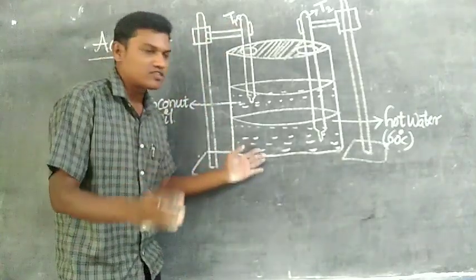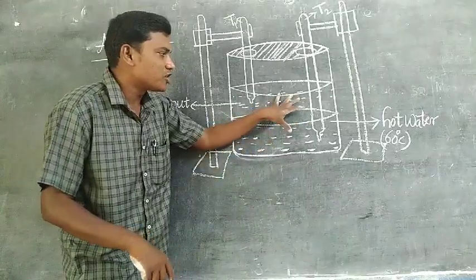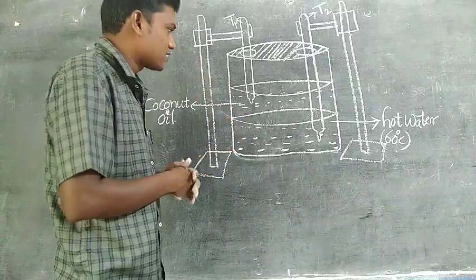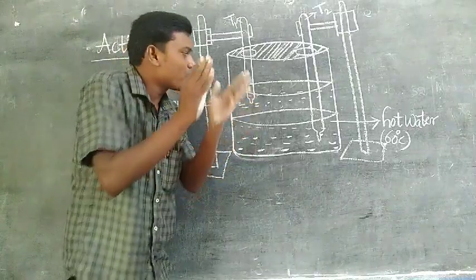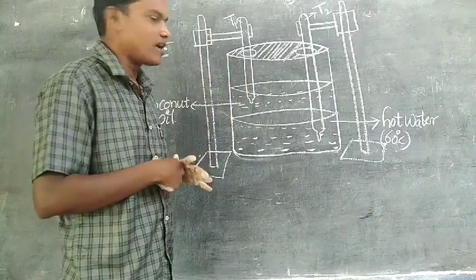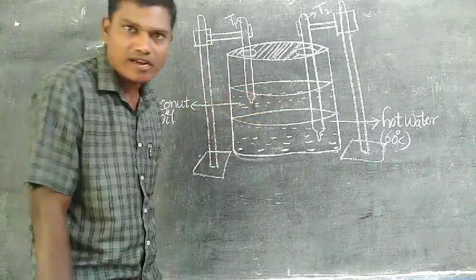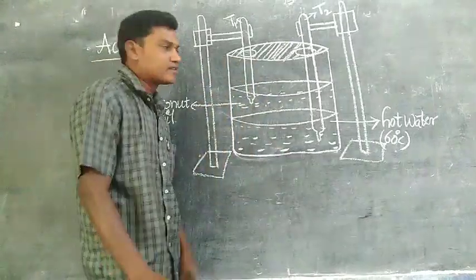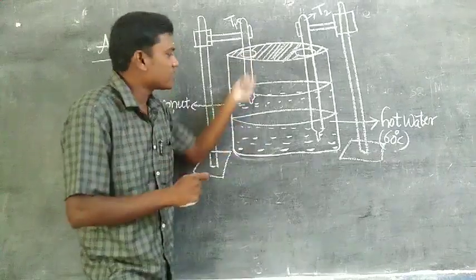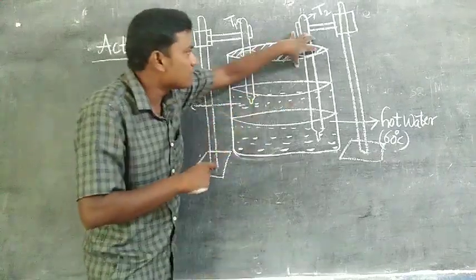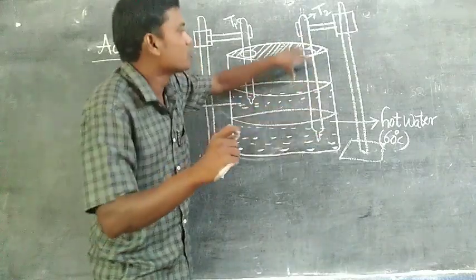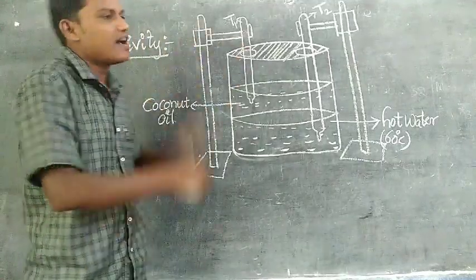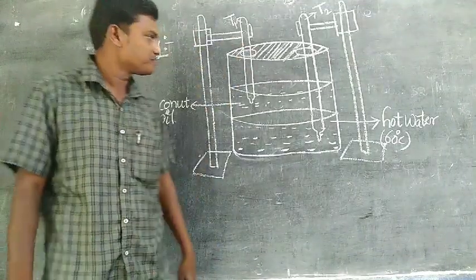Listen very carefully. First of all, we take a large beaker. Initially the beaker is filled with hot water of temperature 60 degrees Celsius. Now slowly we add the coconut oil to the water. The oil floats on the water. Then immediately the beaker is closed with the 2-hole lid. Through one hole, the T1 thermometer is placed into the oil and the T2 thermometer is placed into the water through the other hole. The T1 and T2 thermometers are already fixed to the retort stand in a constant position.